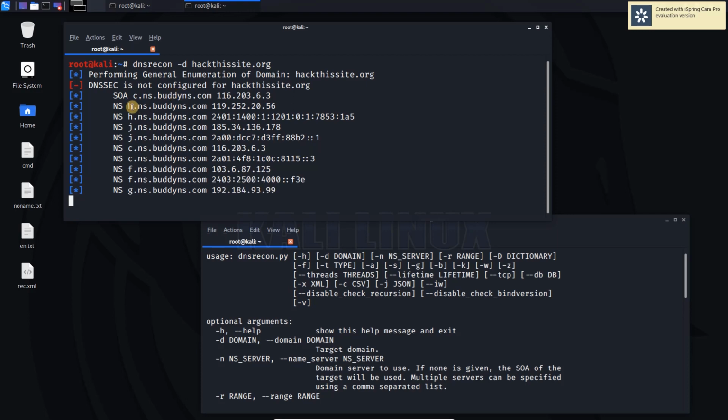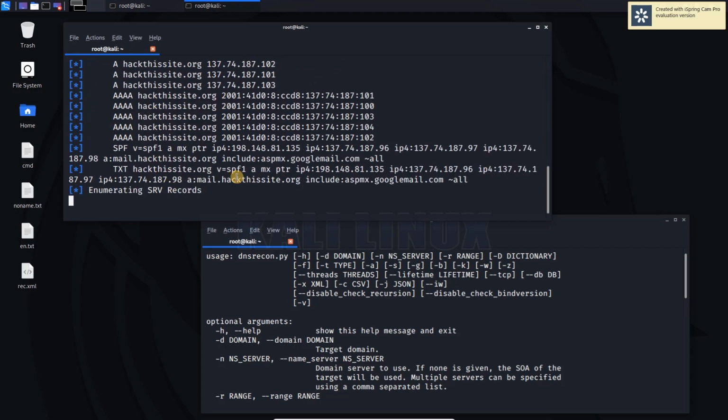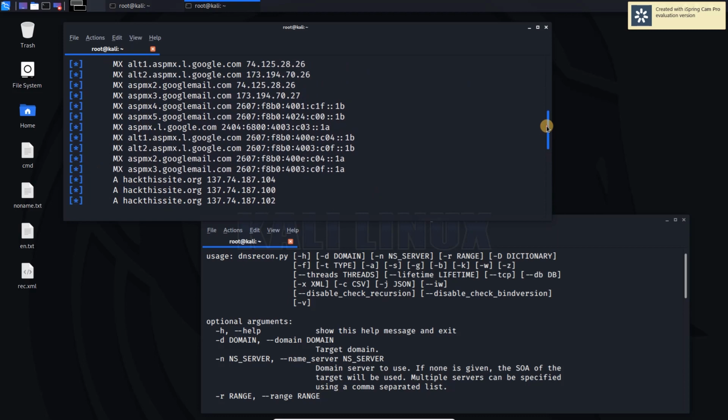It has come up with different name servers. These are the name servers available, and other service records. An MX record was also found.